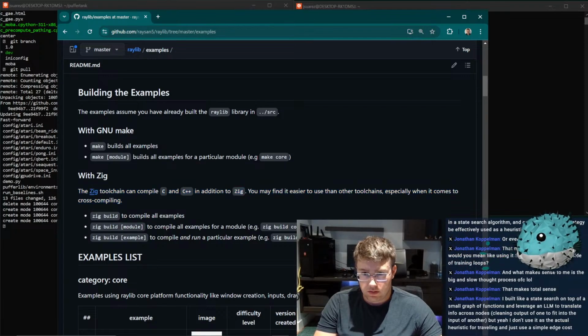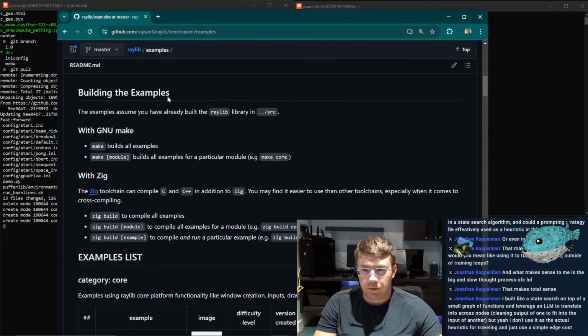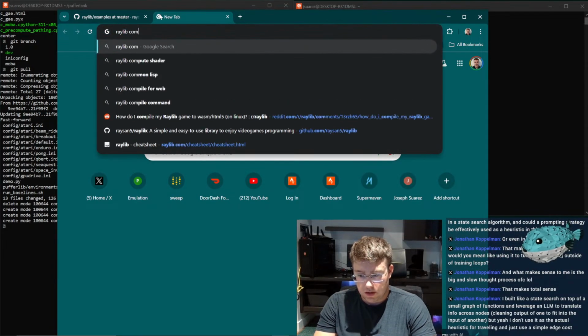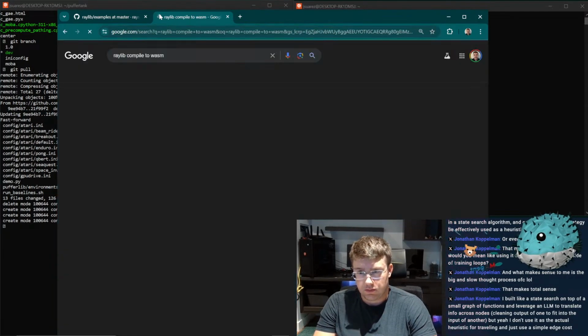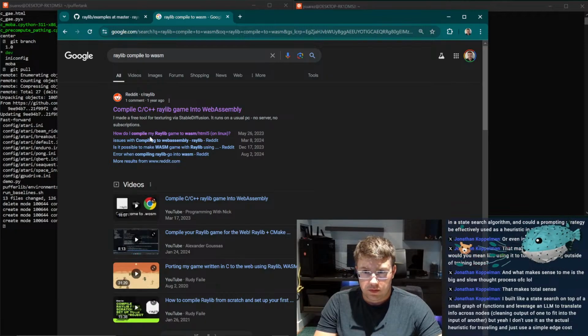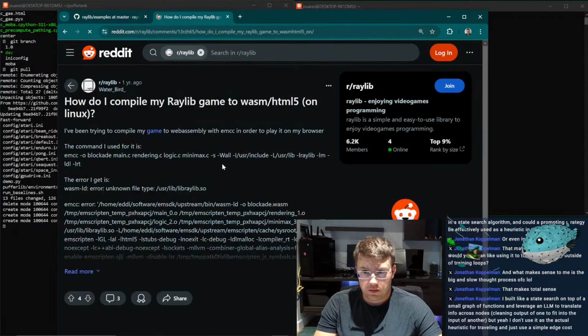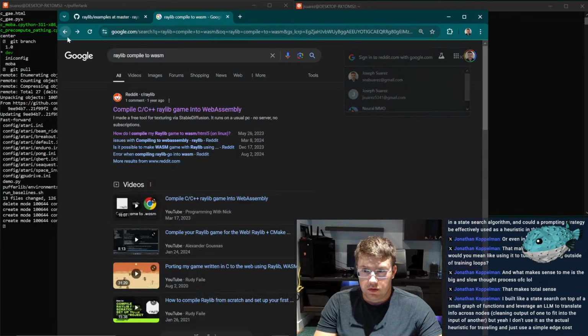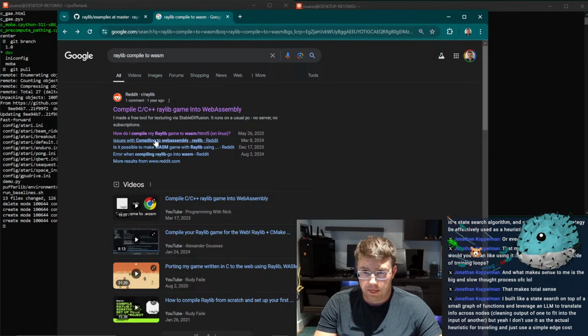Build. Okay, so this is this. But how do I do WASM? Raylib compile. Awesome. Yeah, okay, there's a bunch of stuff here.